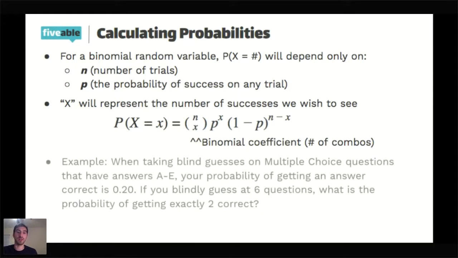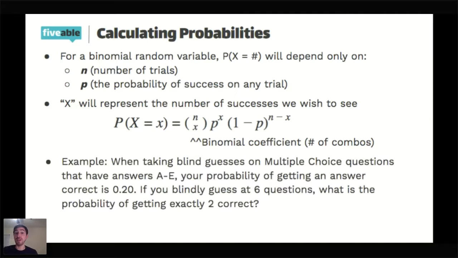So for a clear scenario, when taking blind guesses on multiple choice questions, your probability of getting an answer correct is 0.20. No idea, just put B. Who knows? I've got a 1 out of 5 chance of getting it right. If I blindly guess at 6 questions, what is the probability of getting exactly 2 correct? The reason that I'm not just going to do 0.20 squared times 0.8 to the 4th, which would make sense, 2 successful results times 4 unsuccessful results, which would be 0.80, 1 minus 0.20, is